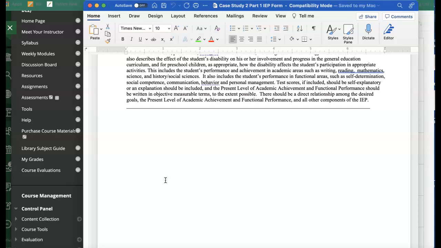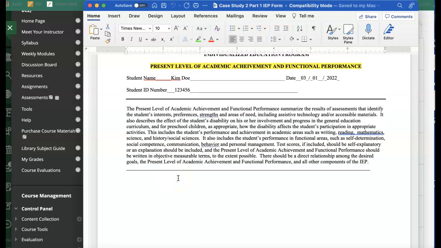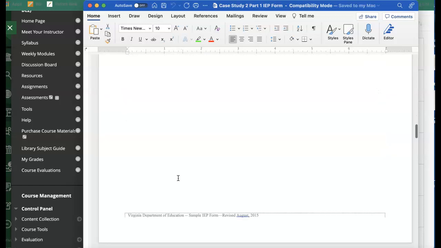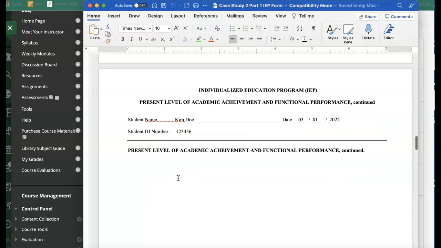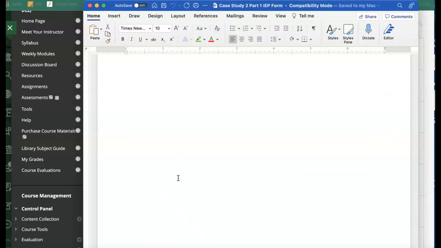But you want to make sure you're always presenting what the child and family can do first. That's the strengths-based approach. So this is the bulk of the assignment in writing the description or the summary of the child. So you're going to do that right here. These 2 pages, if you need to add more, which I don't think you will, you can go ahead and